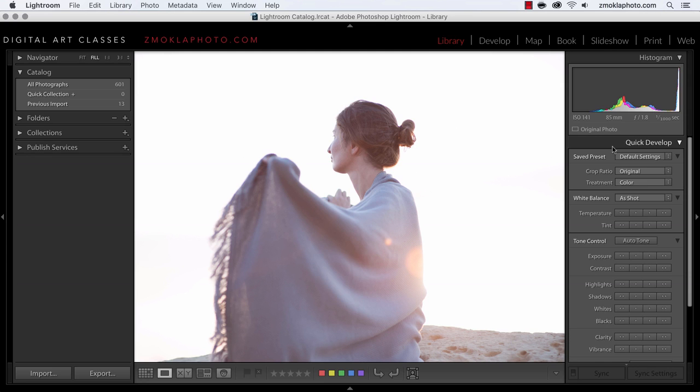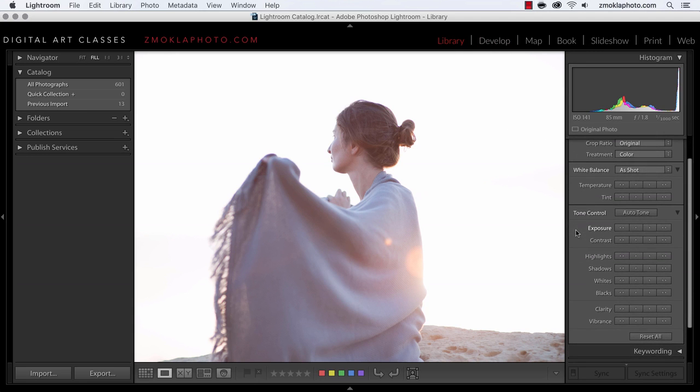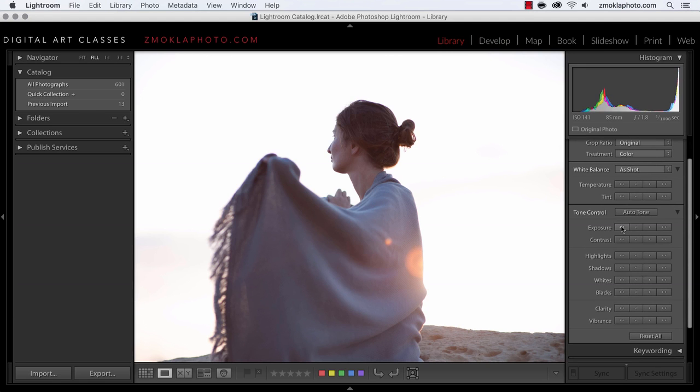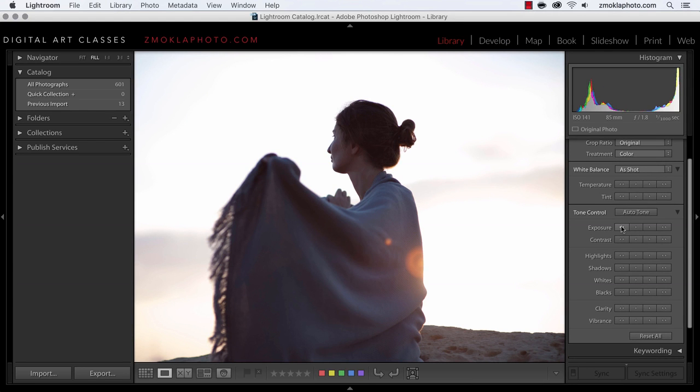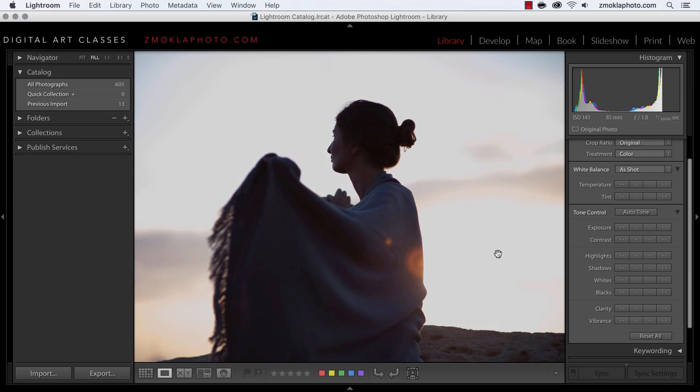So now the Quick Develop panel comes in handy. Without the need of going to the Develop module, I can very quickly check here if changing the exposure for this image is going to be helpful. In a very fast and intuitive way, by manipulating these sliders, I can see that I'm already recovering details in the sky and that this image still has huge potential. I can work on it further in the Develop module without discarding it at this stage when I'm evaluating pictures